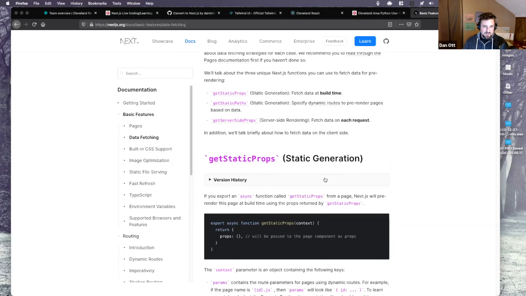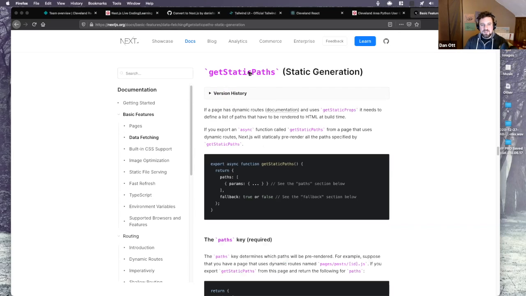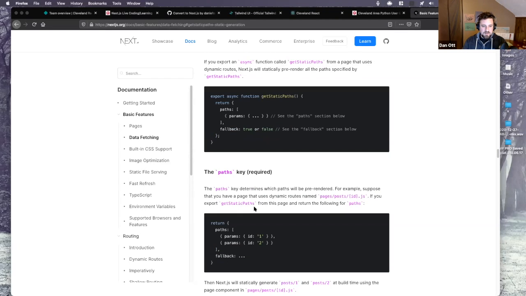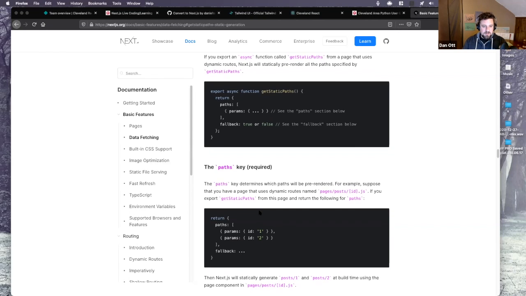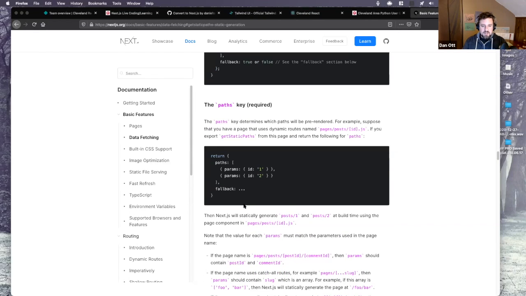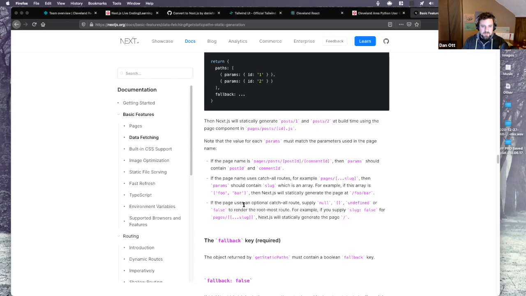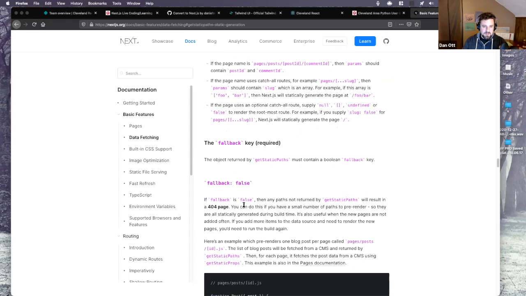Let's see if I can find it. Oh, getStaticPaths, this is what it is. So inside one of our dynamic routes, basically we can do a call to an API if we want, and then just allow different params, and then say, okay, if we haven't found one, then